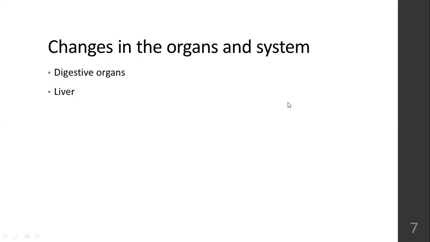Then the liver. When it comes to kwashiorkor, there would be a fatty liver. In the case of marasmus, the liver is relatively healthy, but it is depleted of all nutrients. But in the case of kwashiorkor, you will see fatty liver, fat deposits on the liver, because fat metabolism is not taking place properly in kwashiorkor. So additional fat will just go and deposit itself on the liver, leading to fatty liver.